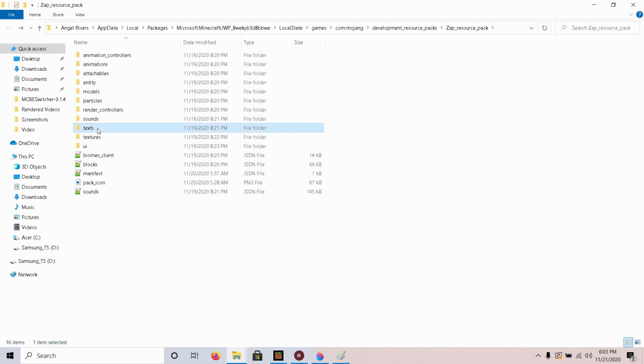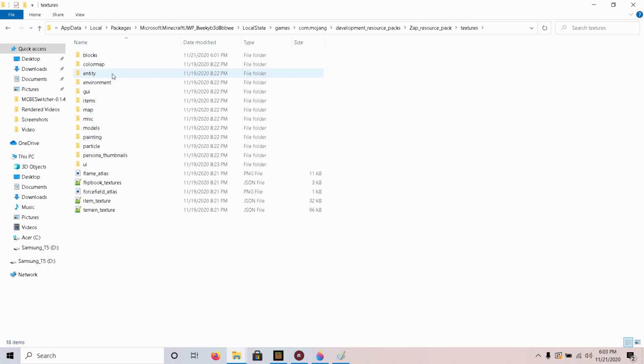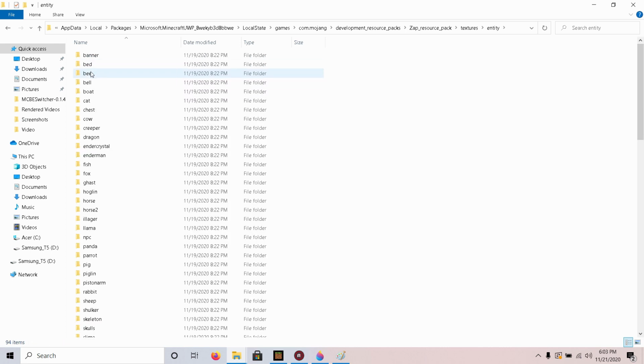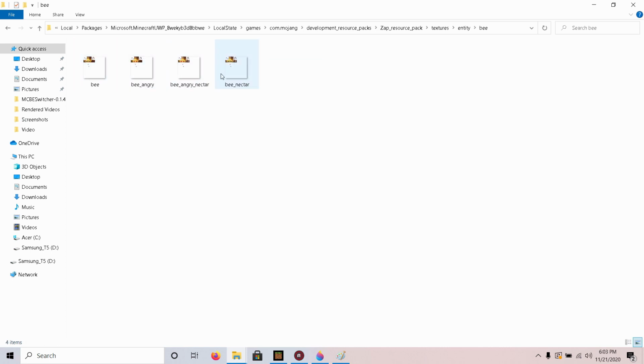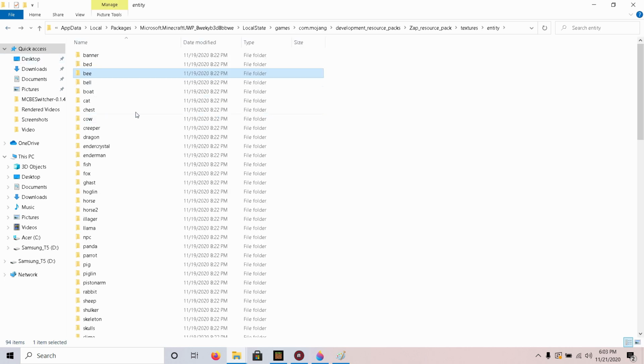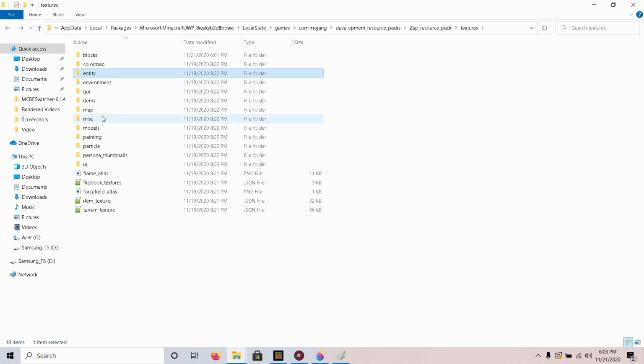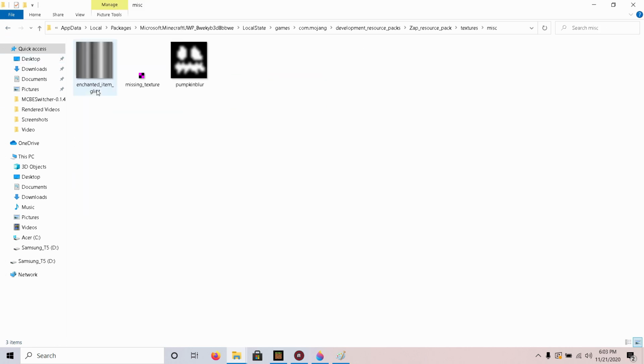There's particles. If we go into the textures file, we have the entities, where you can actually change what they look like, right here. They have the different things. One thing that I was messing around with was the miscellaneous. This is the enchanted item glint. I'm not sure what this guy is right here. I don't remember. But anyway,